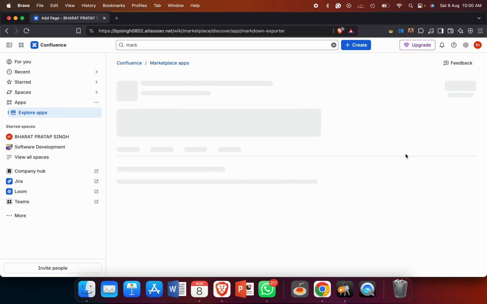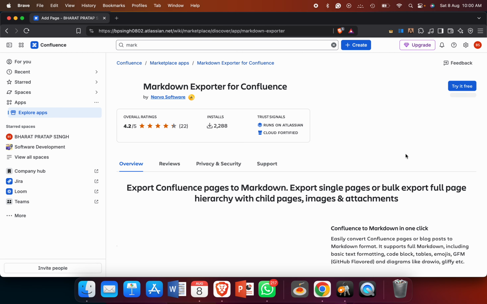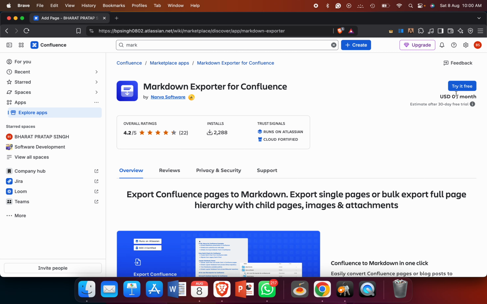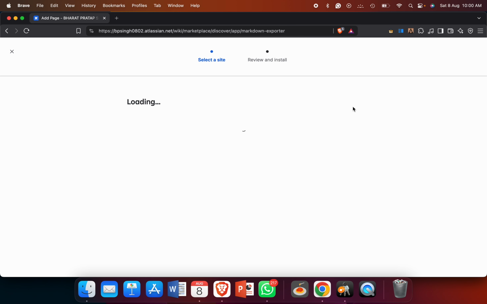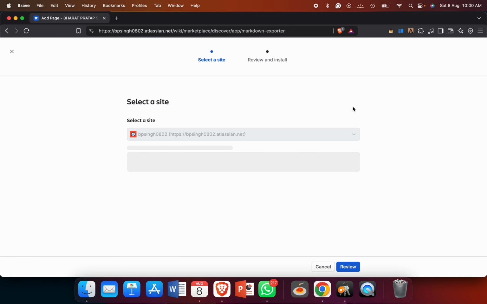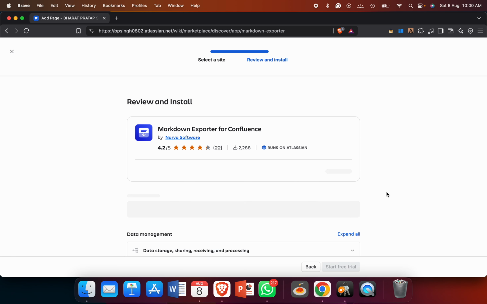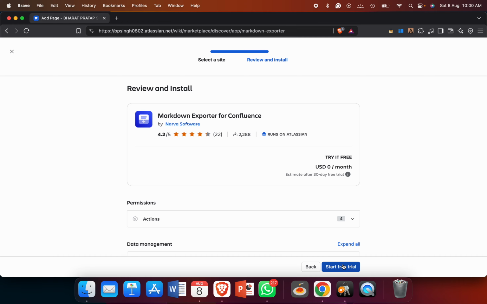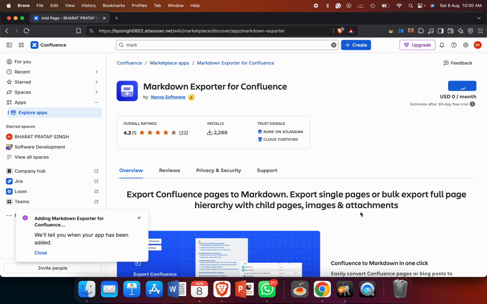To check which application is better, you check the reviews, you check the downloads and installs, so try it free. Let's see if it's working or not. Otherwise, this is the way that you can install a new application. When your application is properly installed, go to your recent project, and when you open the drop down you get the URL option, so you simply open the URL option and paste your URL and you get the external